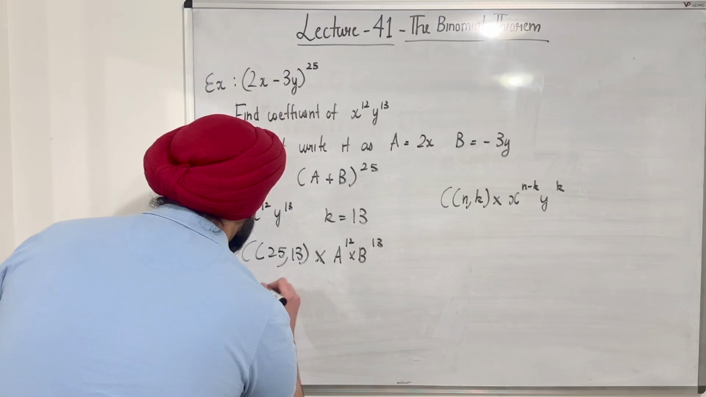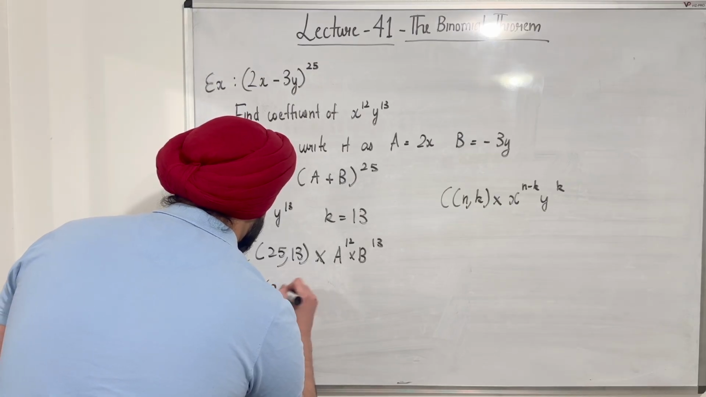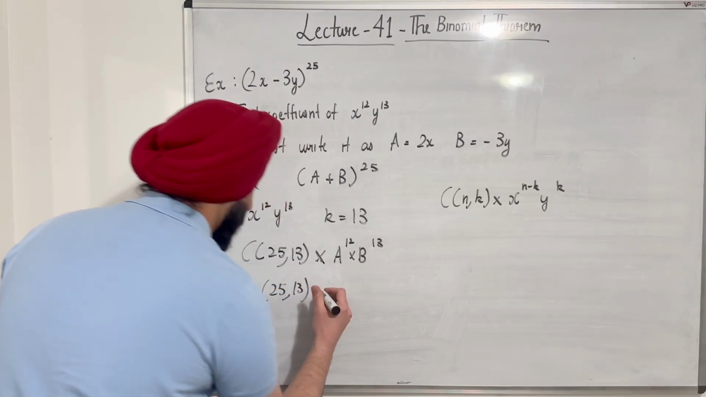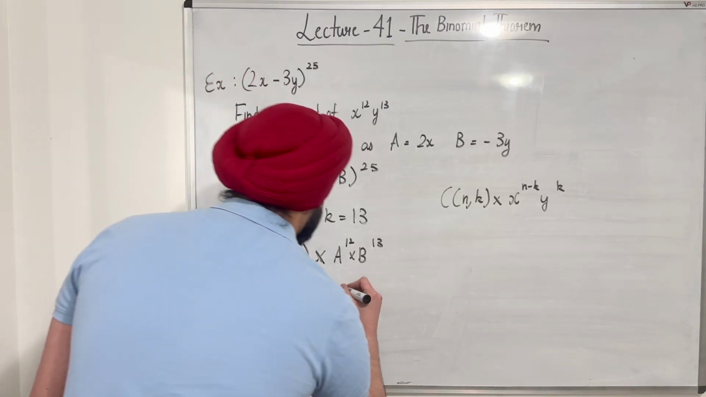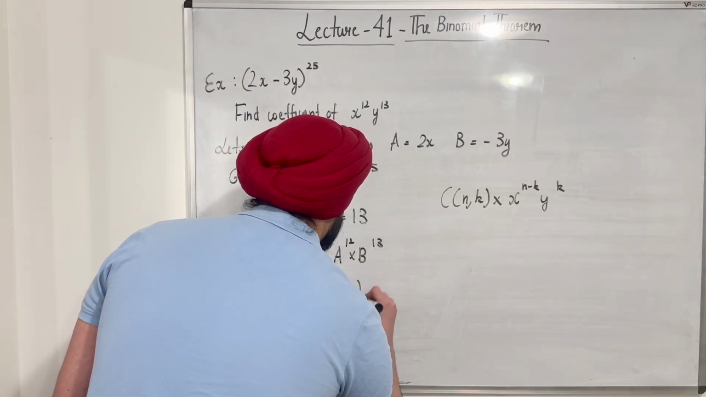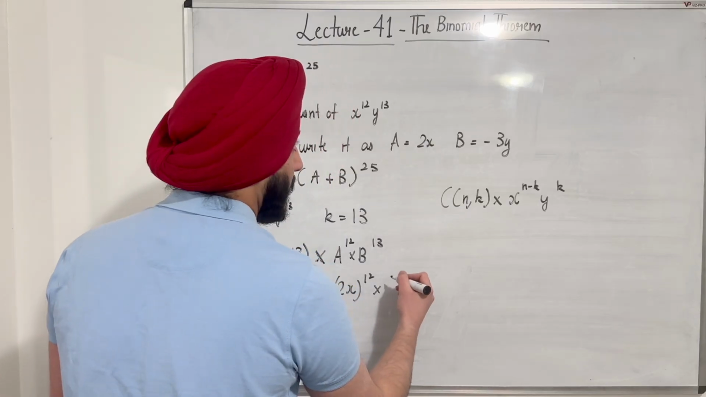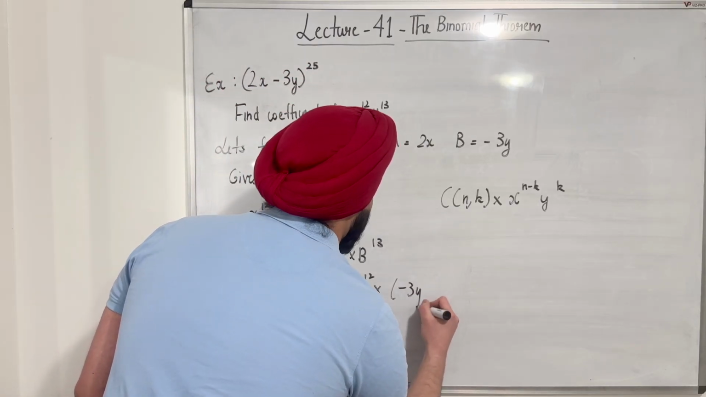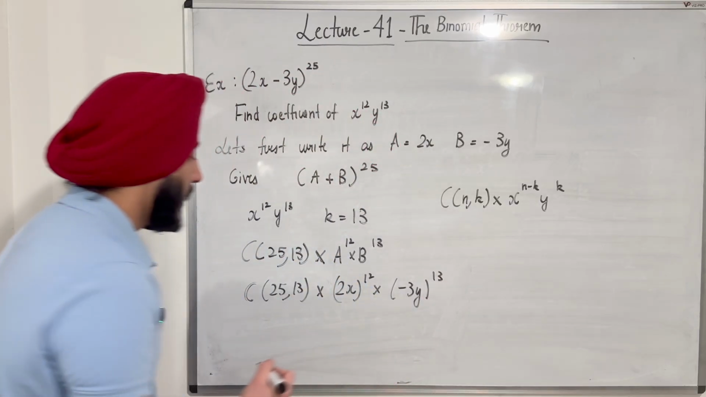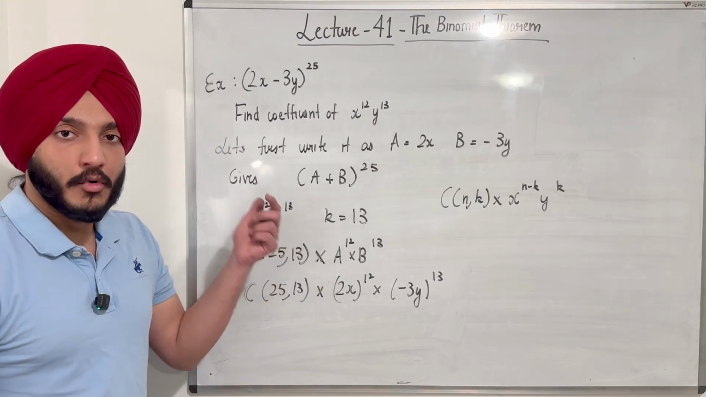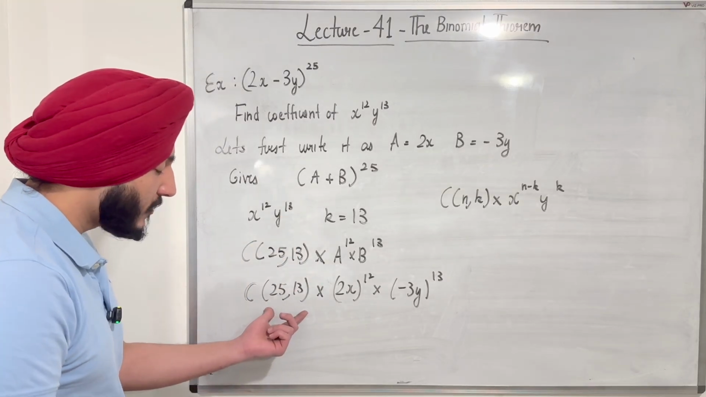So this would be C 25 comma 13 multiplied by a, which in our case was 2x, so it would be 2x to the power of 12, multiplied by b, which is minus 3y to the power of 13. Okay, now the question asks what would be the coefficient of this term. So it would be this term,